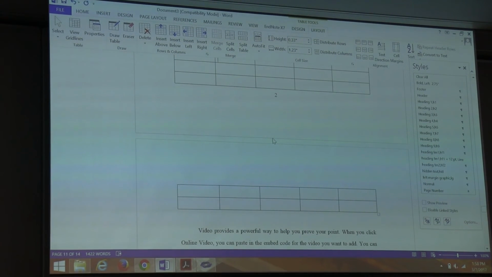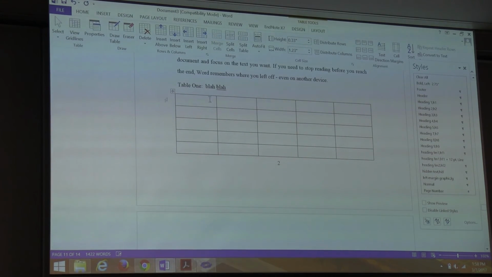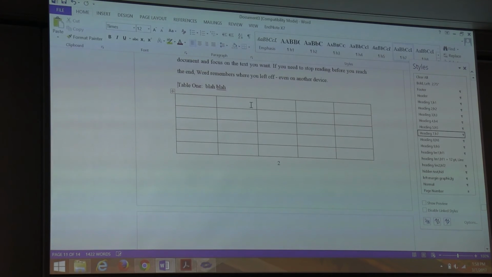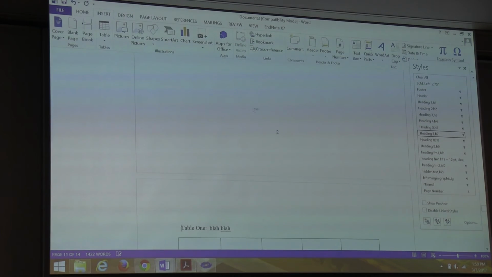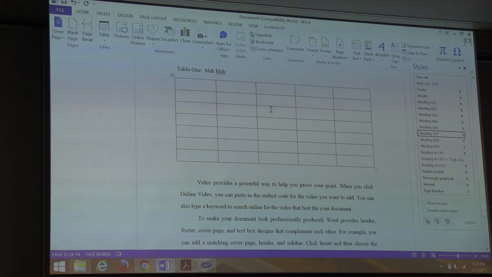If your table started down here towards the bottom of the page and extended to the next page, what we would do is just insert either a return down or a page break. That way it starts at the top of the next page and it all fits.